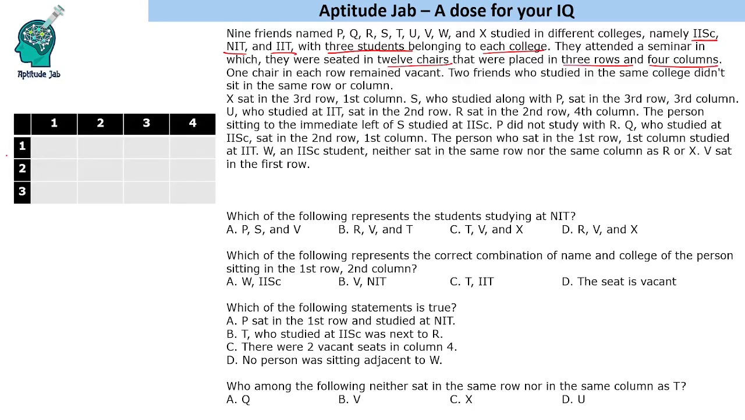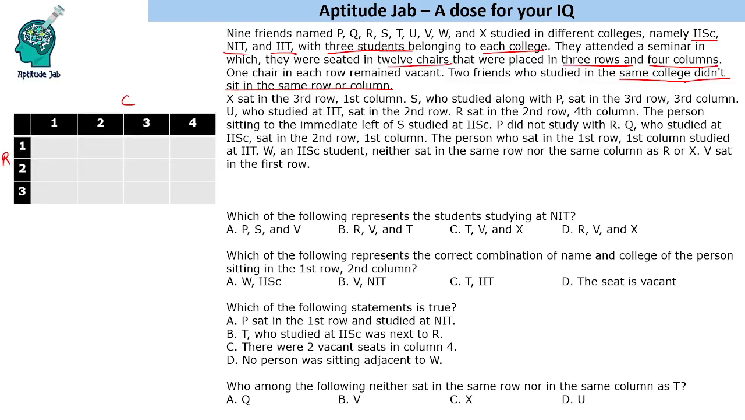So I have drawn this table here, 3 rows and 4 columns. And 1 chair in each row remained vacant. So there are 9 chairs filled, 3 vacant. 2 friends who studied in the same college didn't sit in the same row or column. Now we are given some information and based on it, we need to fill in this table and find out